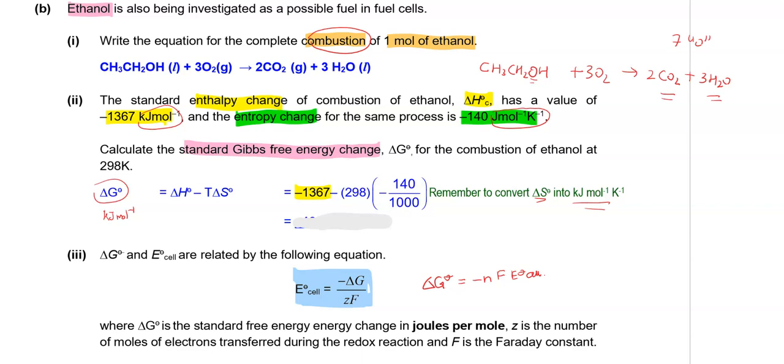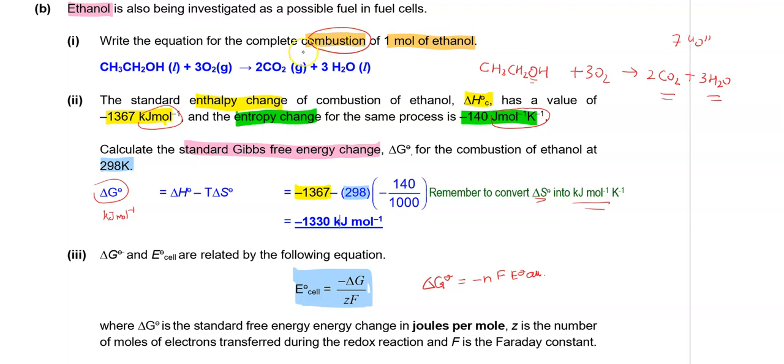Of course, temperature is given to be 298 Kelvin. Alright, so you see, negative 140 divided by 1000 to convert to kJ per mole per Kelvin. And then substitute in the values, you get negative 1330 kilojoules per mole. Okay, so the combustion of ethanol is highly feasible